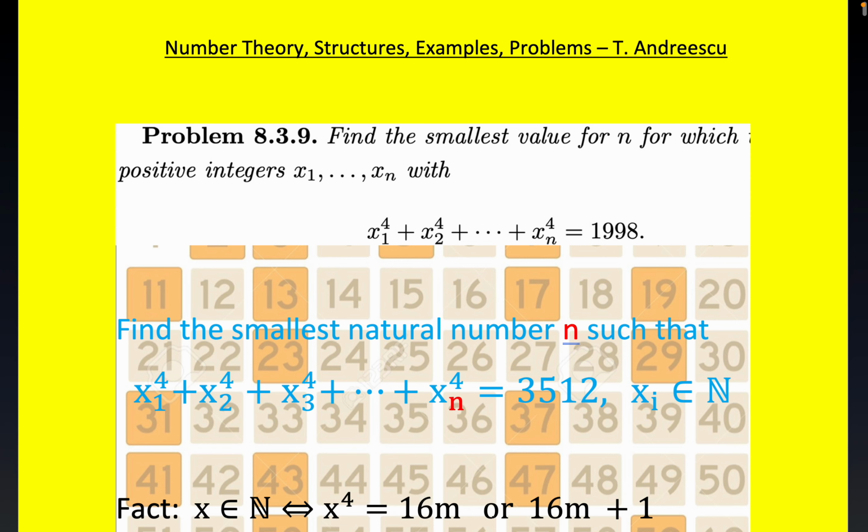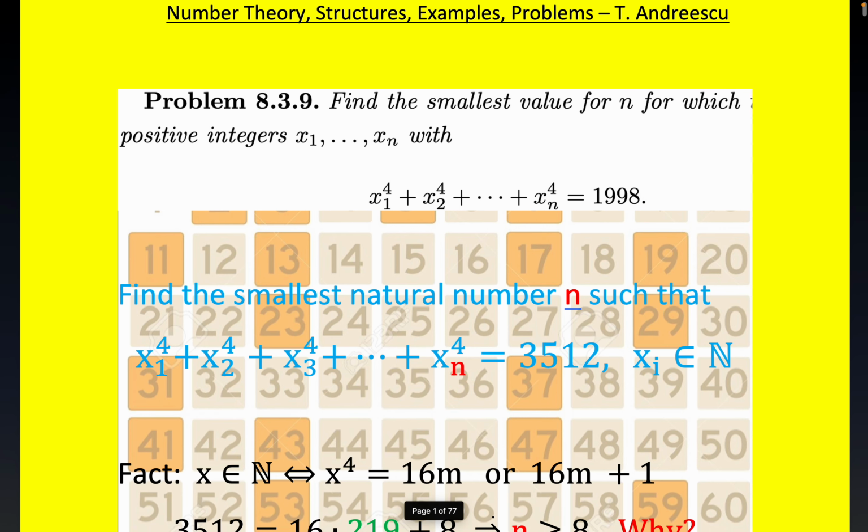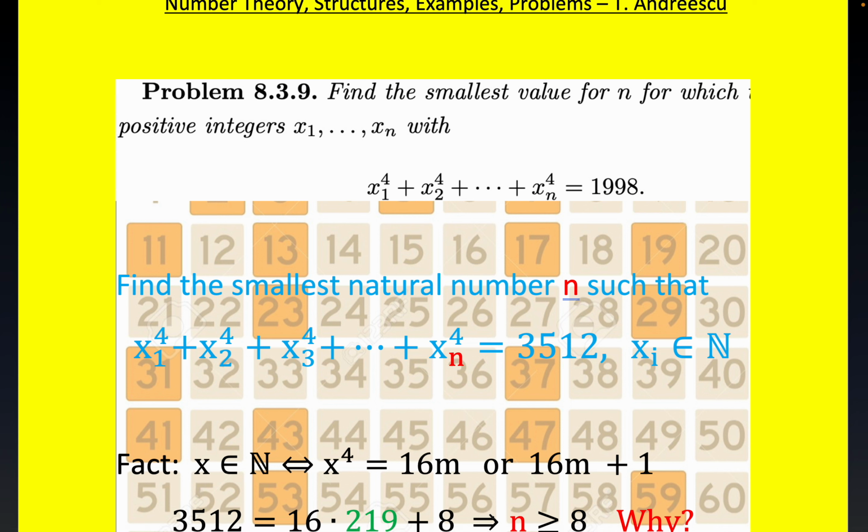This is from Andreescu's number theory book. Now let's go ahead and jump into it here. This very first fact is pretty crucial,